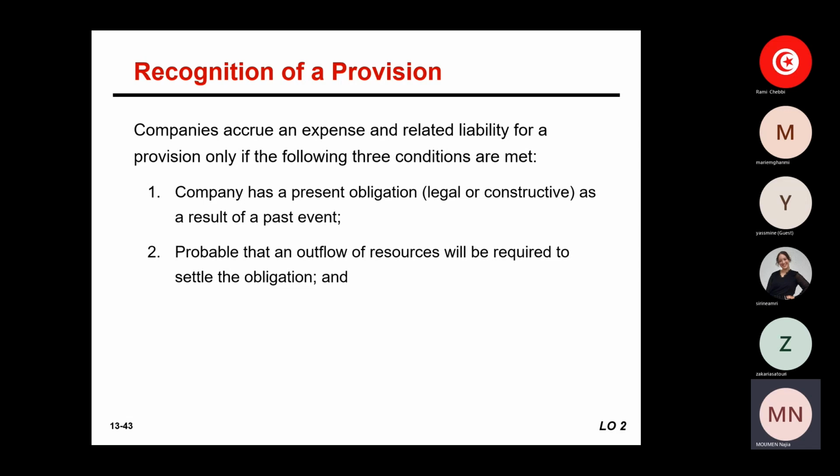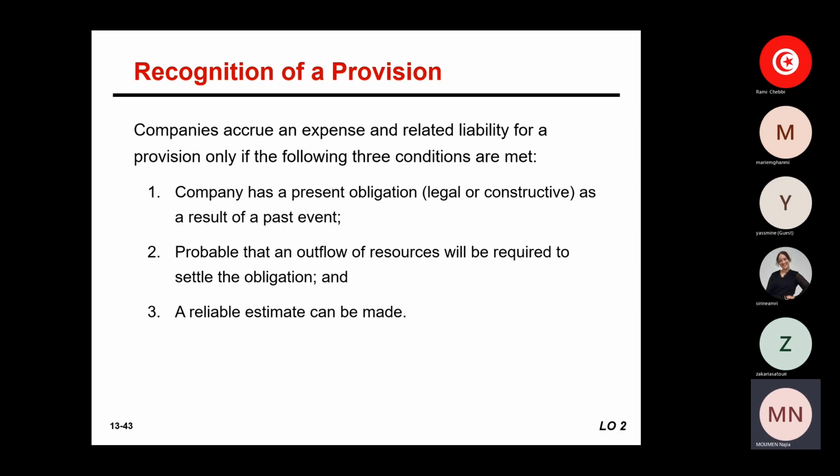An outflow of resources was certain when we talk about liability in general. But now you are allowed to recognize a provision, and of course record the liability, if it is probable that an outflow of resources will be required to settle the obligation. So here you have a probability. And when we talk about probability in accounting, we say more likely than not. More likely than not means more than 50% in most cases. We'll see if in other examples it may be higher. So there is a probability that you will consume your resources, your assets, to settle that obligation.